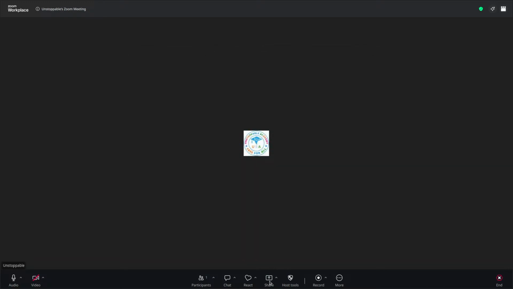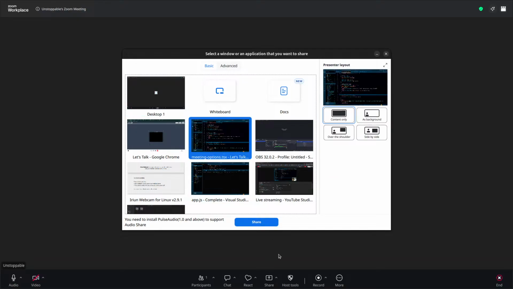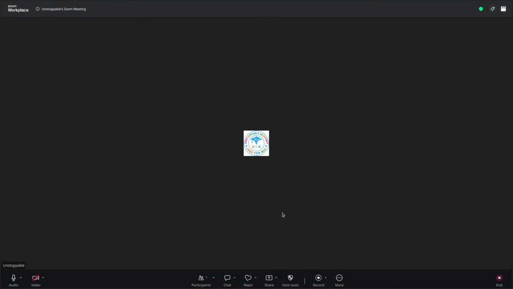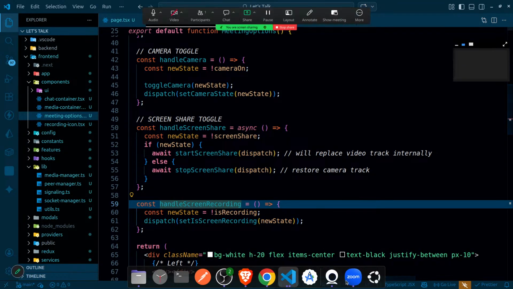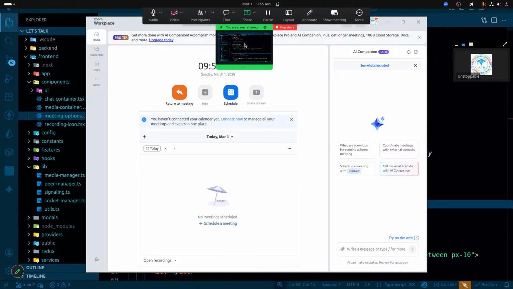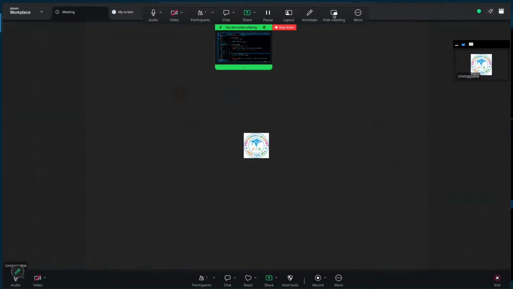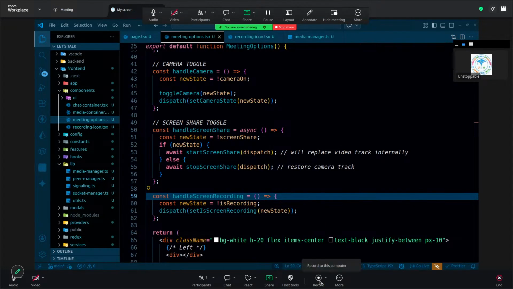I can just simply share the screen, click on this, literally share the VS Code screen. So this is gonna be shared over here, and coming back to Zoom, show the meeting, and my screen. If I actually try to record this, recording in progress,